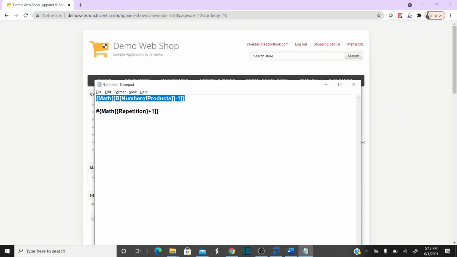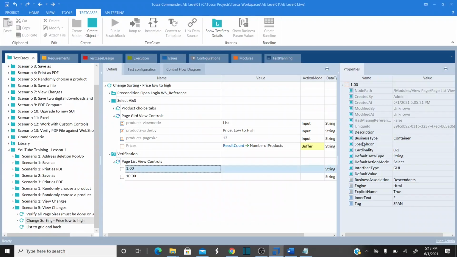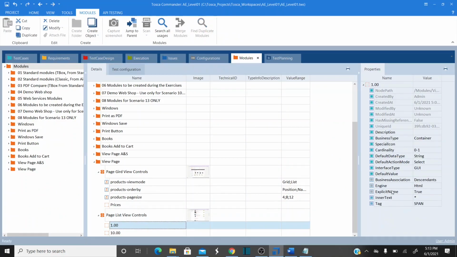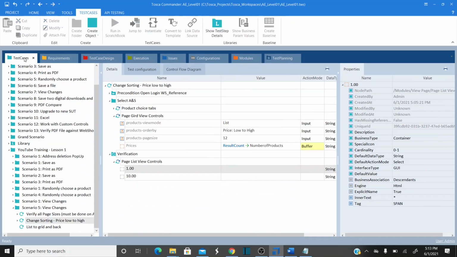Okay, for that, because we already enabled the explicit name for these two controls, right? I would like to use the explicit name function here. How? I want to use the repetition here. So what is the first container? My first container should be